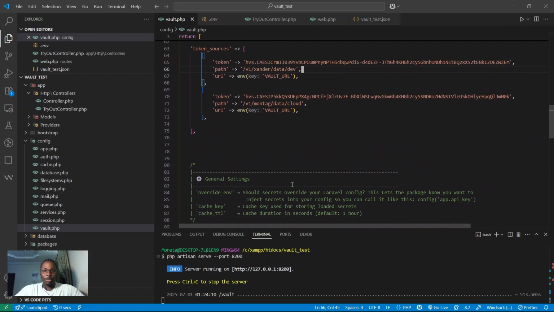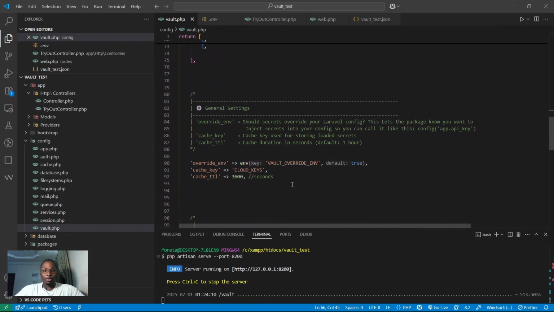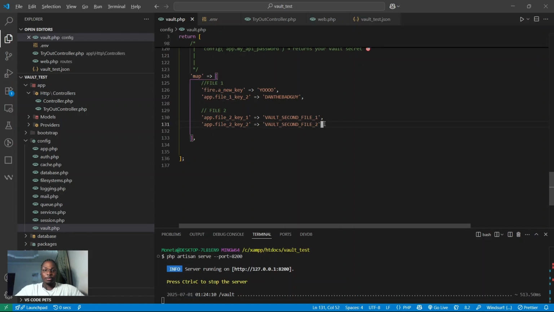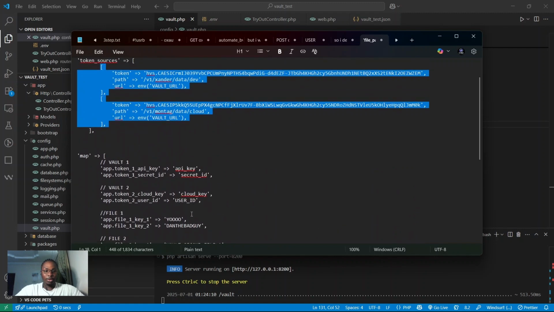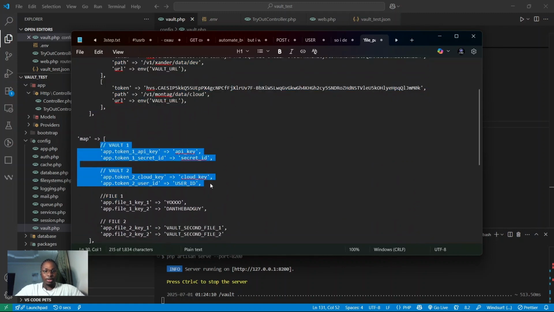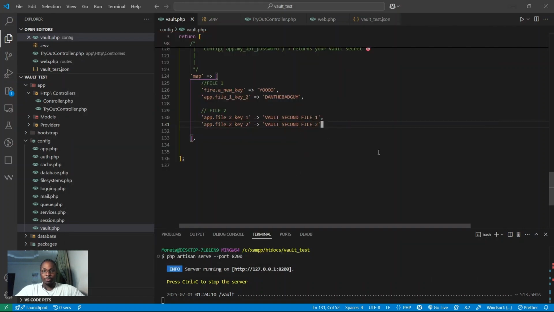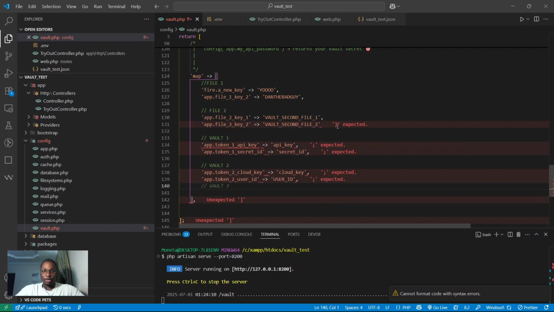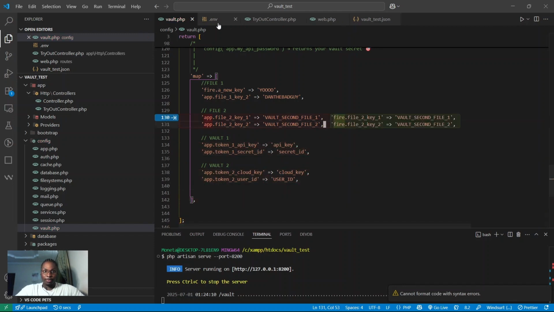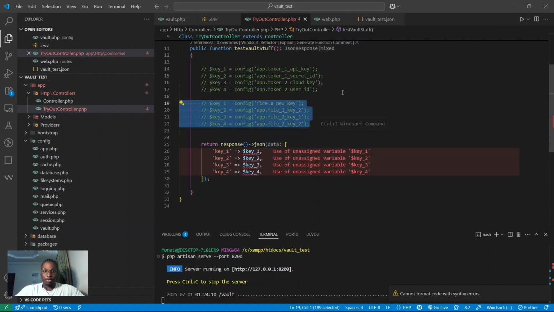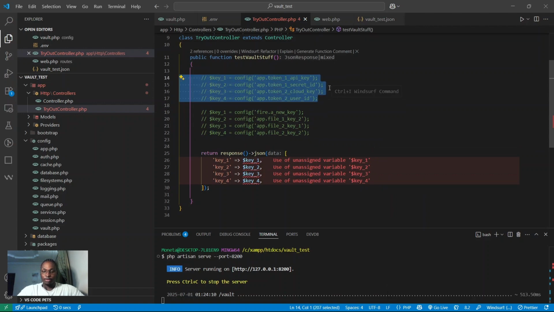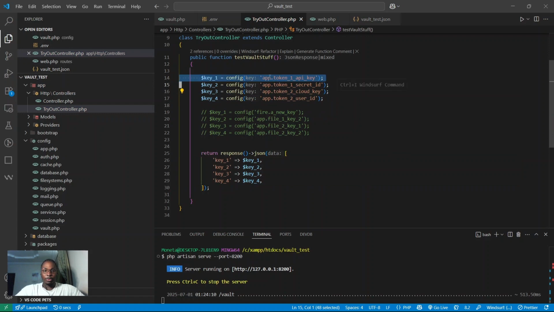for the Vault engines, I mean, we have a few keys also. We have two keys for each Vault engine that we've already set up on the Vault engines, which we have here. And the same thing goes, we just basically go to our function we have in our controller and call the keys that we already configured